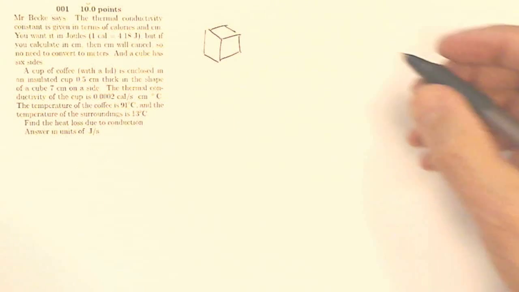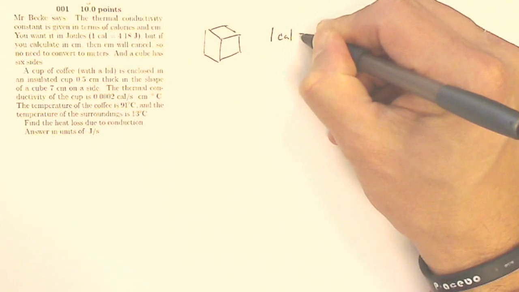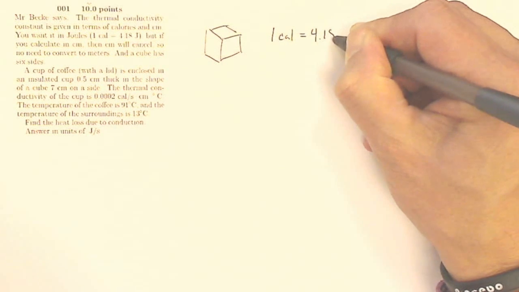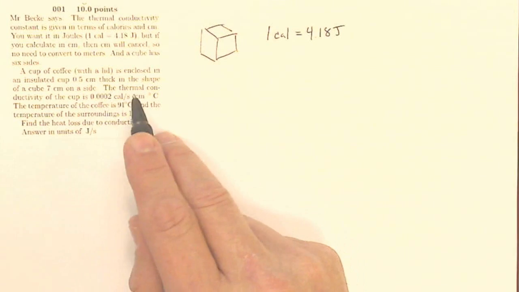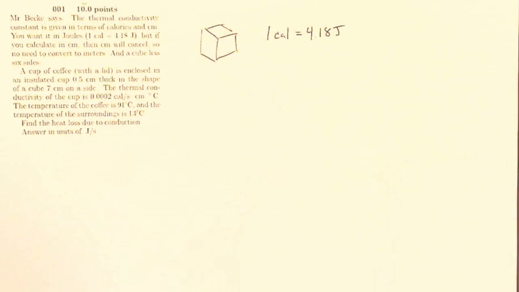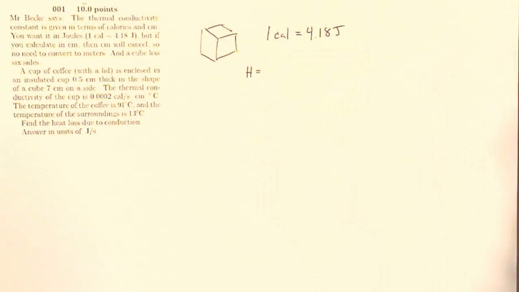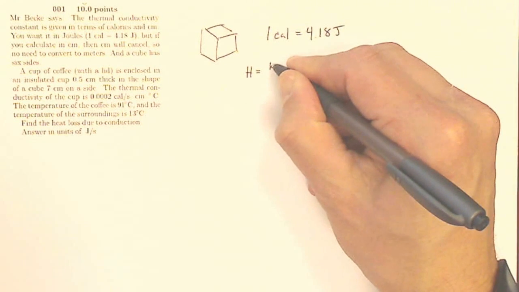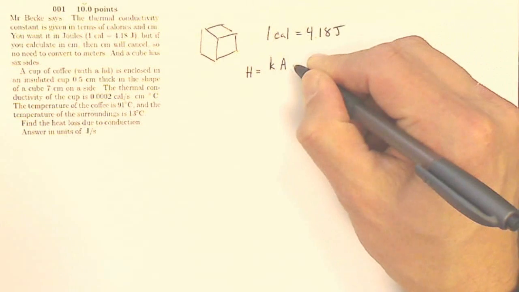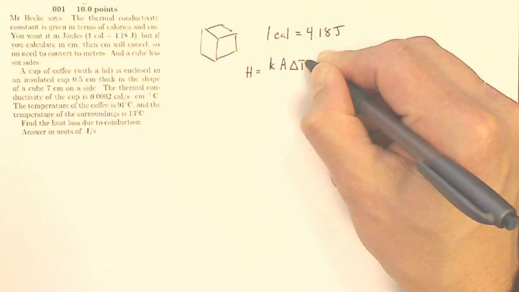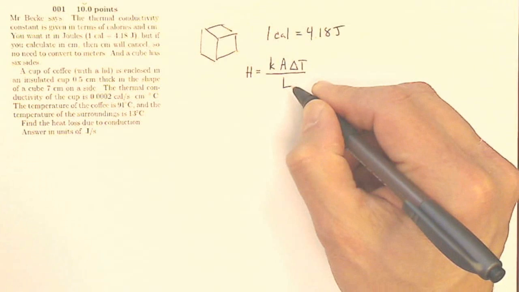So a couple things we need to know here. We need to know that 1 calorie is going to be the same thing as 4.18 joules. And so we're going to have to convert in the end. So this will give us calories if we use this as our constant. The equation we use is that the rate of heat transfer is the conductivity constant times the surface area times the difference in the temperature, K A delta T, over L, which is the thickness or the length that the heat